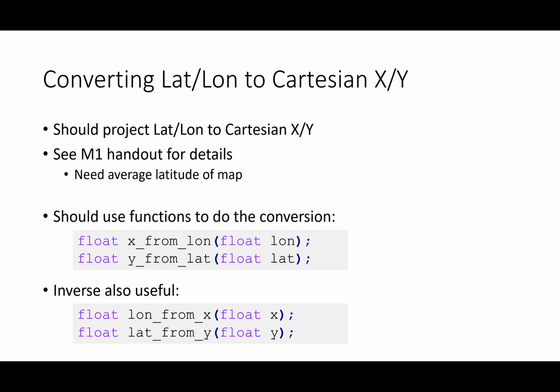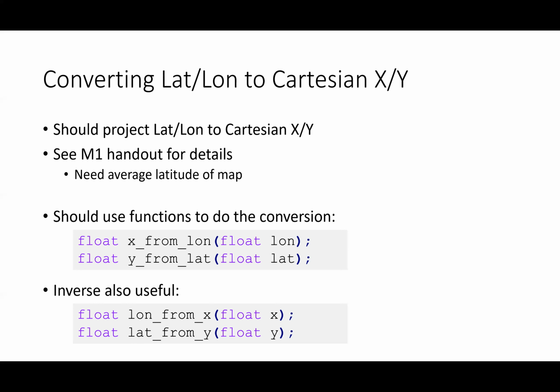If you look at the M1 handout, it gives you the formulas for this. They're not very complicated. You need to get the average latitude of the map. You can't perfectly draw a spherical surface on a flat screen, but it's pretty close for something the size of a city. There's not a lot of distortion. You convert from latitude and longitude to X and Y, and you use the average latitude of the whole map. So just like we calculated the max and min longitude, you can easily calculate the average